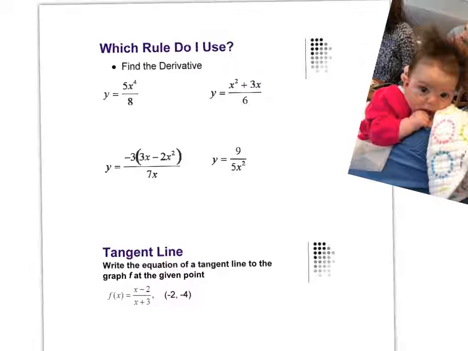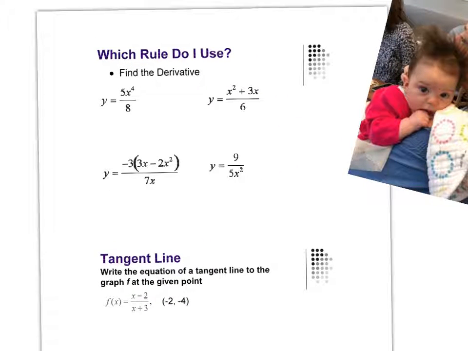So, for these next few, I want you to take, again, like 30 seconds. Figure out which rule you would maybe use to solve these. There is one that works the best, and I'll let you know which one in a second. But take a few seconds, see if you can figure out which rule is probably the easiest, and then we'll talk. Okay, so for the first one, believe it or not, you can just straight up use the power rule,